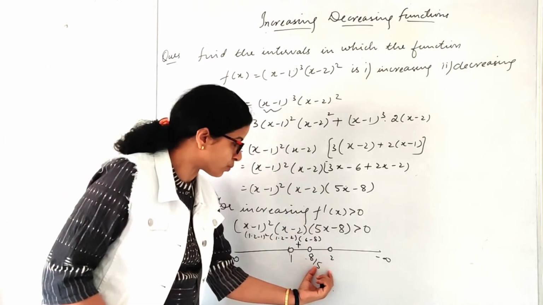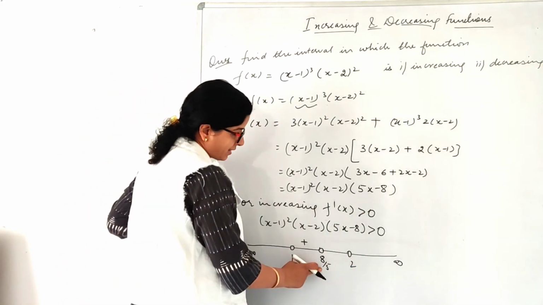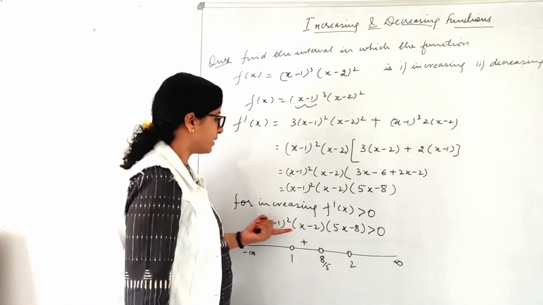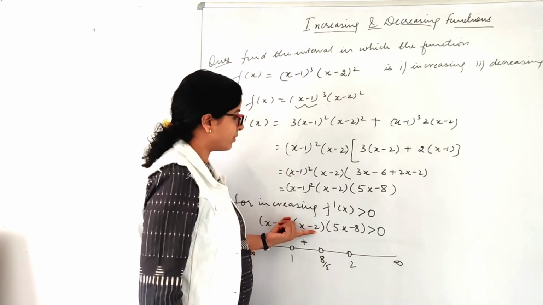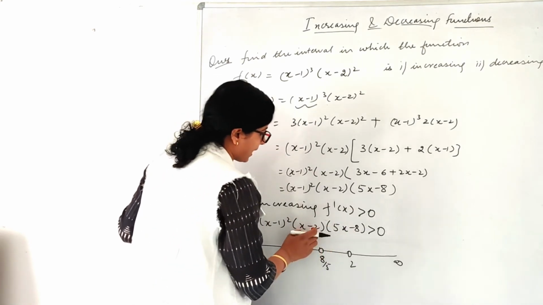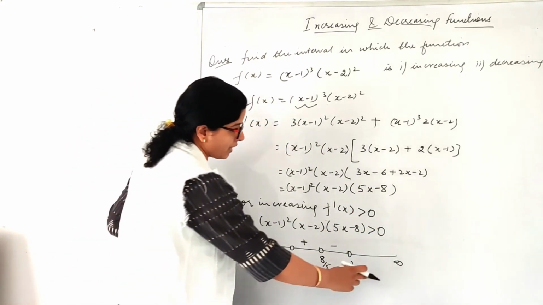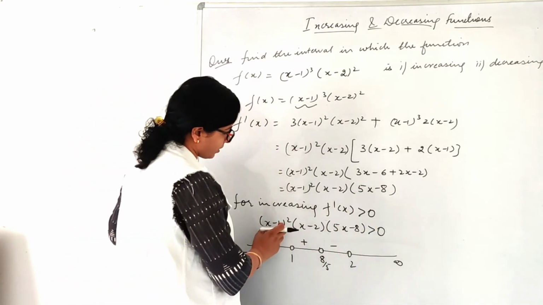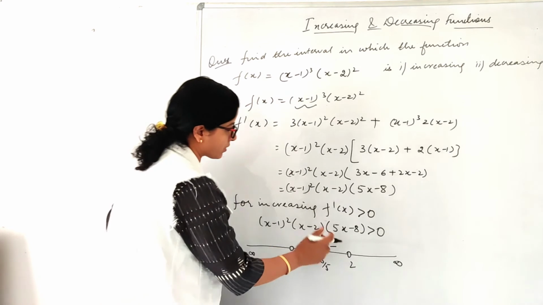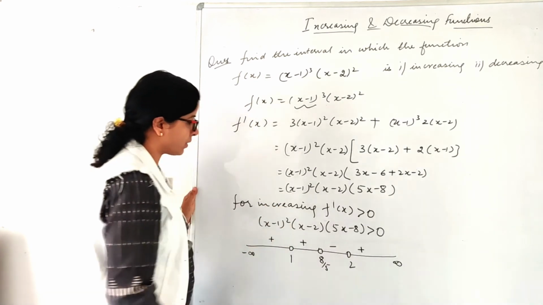So now let us check for this point. In between these two regions, this is 1.6 and this is 2, if I substitute 1.7, obviously this will be positive. 1.7 minus 2 is negative. Here it will be 8.5 minus 8, positive. So negative into positive will be negative. Substitute any value beyond 2, say for example 3. This will be positive: 3 minus 2 is 1, 15 minus 8 is 7. So overall it will give you a positive, right? And obviously this region is positive.